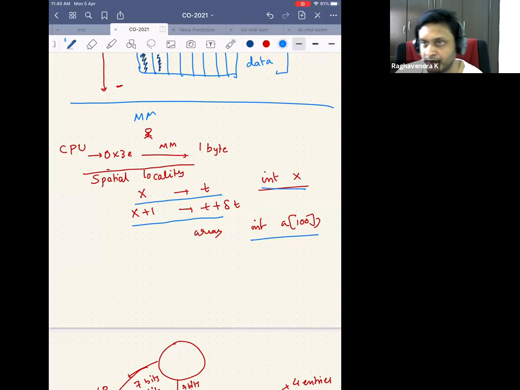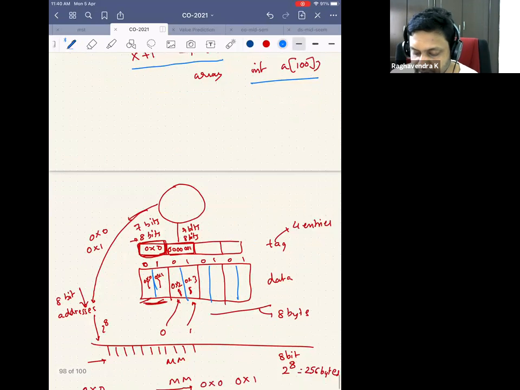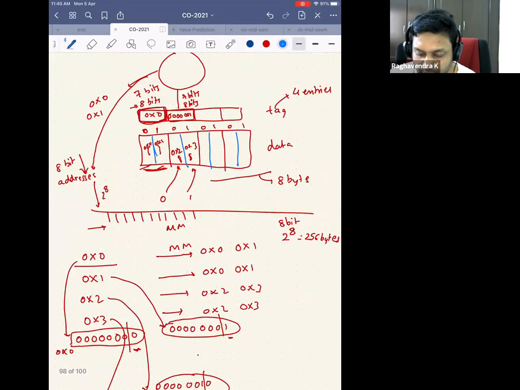It's not that I go somewhere to the bottom of the stack and do something. Even if it's a queue, I access one part, then the other part, and the other part. Most of the data structures that you see, of course, might use a linked list, but generally they adhere to spatial locality. And I am designing an architecture that I want to cater to as many people as possible. I cannot say somebody will write a linked list, so I will not design a cache-based architecture. So now I adhere to spatial locality, which means that instead of fetching only 1 byte, I fetch 2 bytes. Now the question is, what are those 2 bytes I fetch?